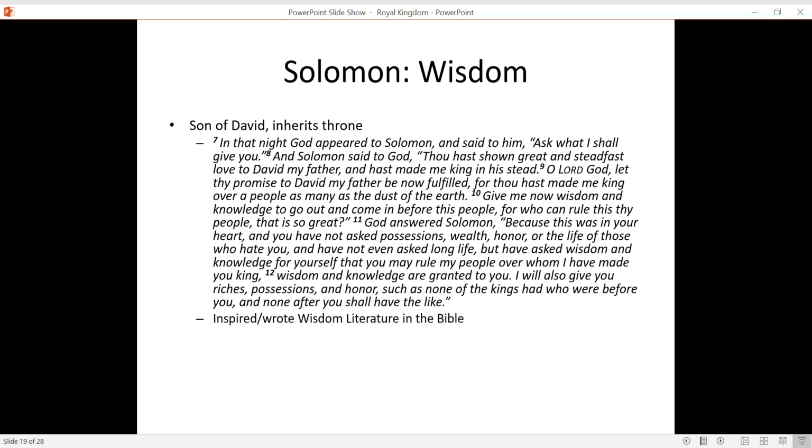He inspired the wisdom literature in the Bible. That's like the book of Psalms, the Proverbs, Ecclesiastes, Song of Songs. His wisdom creates an imperial state where Solomon, in an imperfect way, images Adam and Eve's mission, which is to go out into the world and change the world so that it looks more like the garden.